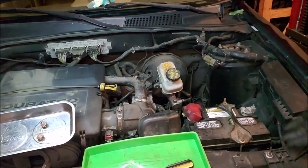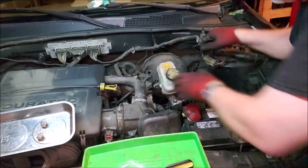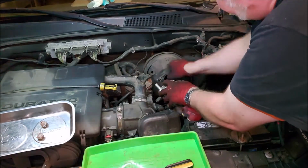Okay, now we got the 4 bolts out. That was a treat in itself. So when you get there, enjoy. But it's doable. So this pump,